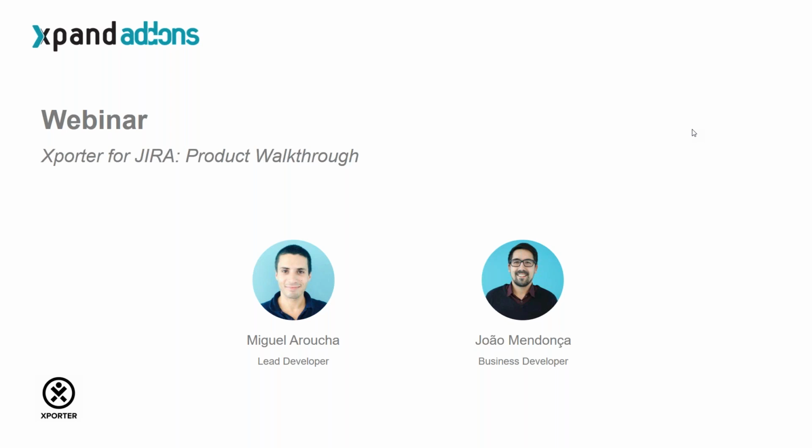In today's webinar, we will of course go over the main features of Xporter for JIRA. This will be related to the 5.0 version of Xporter. As I said in the beginning, we'll cover pretty much all the new features and all the previous features, and you will see quite clearly what the add-on has to offer. This is one of the most powerful tools in terms of exporting, if not the most, then at least one of the most used in JIRA. And we do think it's quite powerful. That's why we think it will be quite important for you to see what we have to offer